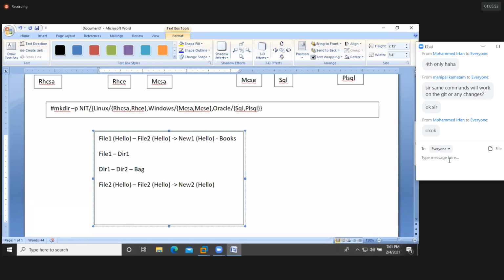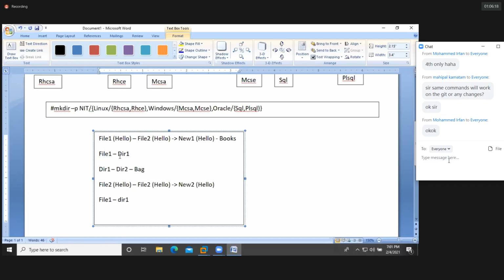Okay. Next, I'm trying to move file 1 to dir1. It doesn't have file 1. For example, I'm taking file 1, but you can give any name. You can create the file with any name, and file 1 I'm permanently removing from the desktop. I'm pasting into dir1. Cut, paste.